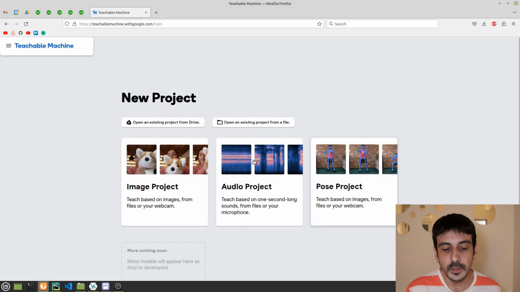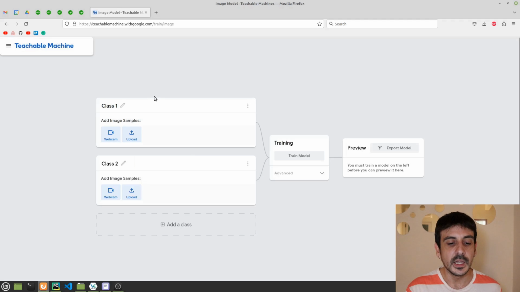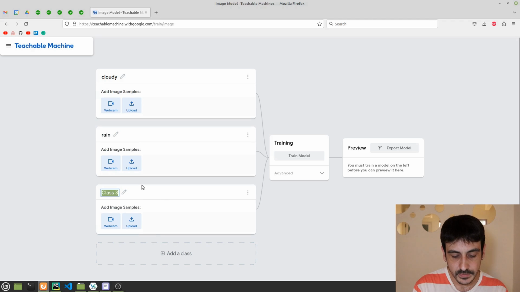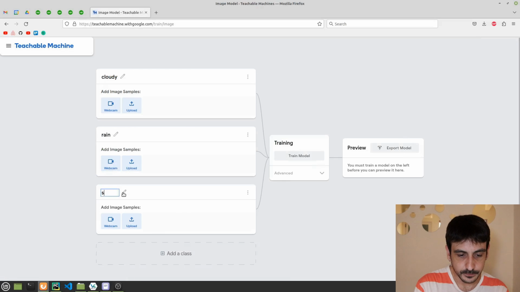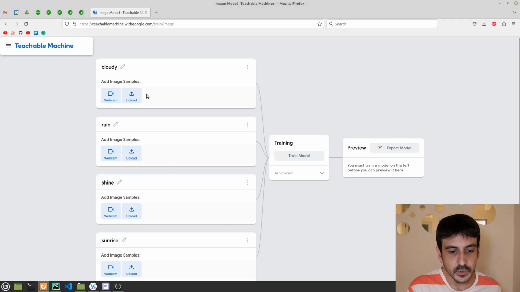Now you can see that you have 3 different options, and we're going to select image project and then standard image model. The first thing I'm going to do is I'm going to name my classes. I'm just going to name them correctly. One of them is cloudy, the other one is rain. Then I'm going to add 2 additional classes. The classes are named shine and sunrise. And once I have created my 4 classes and I have just named them all properly, I am going to